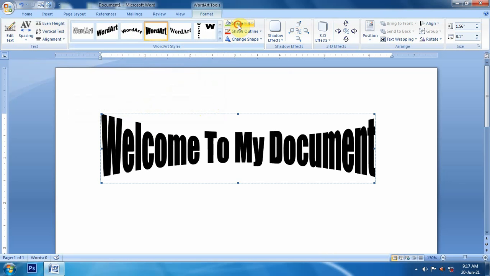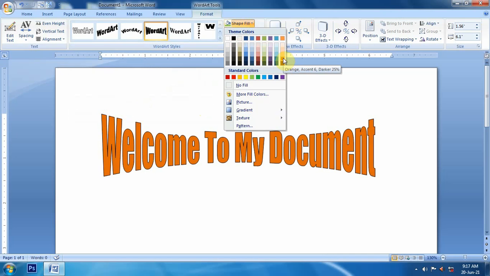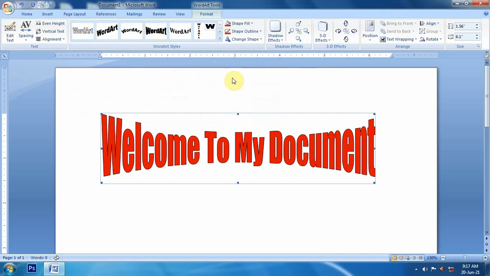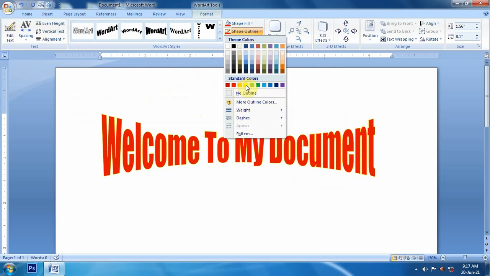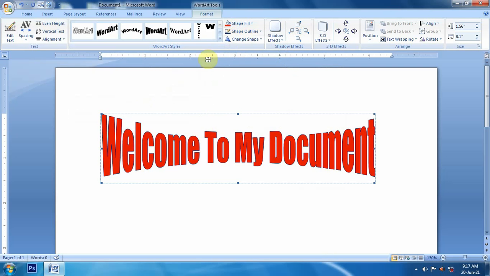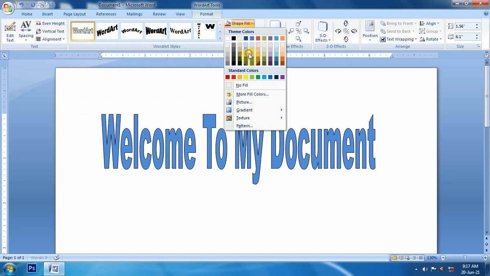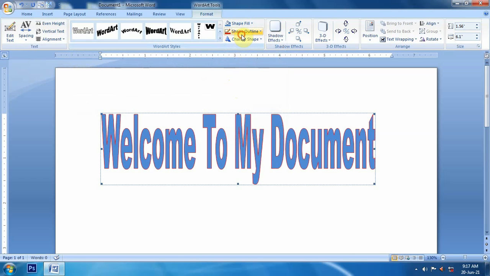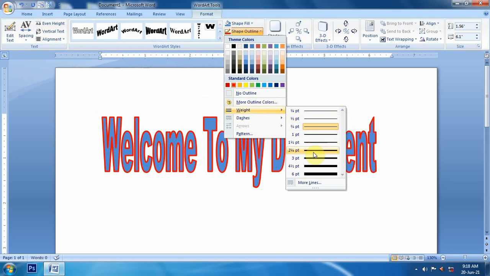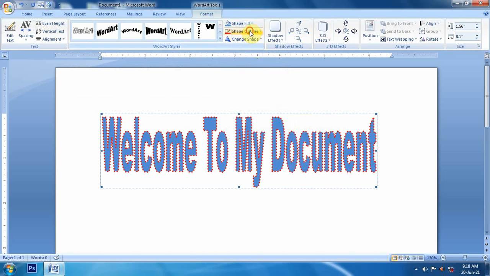After this, shape fill color can be changed like this, and if we want to change the outline color, for the outline we will select from here like this. From here we will change shape color, and from here we will change outline color, and we can change outline thickness also. We can change outline style also like this.